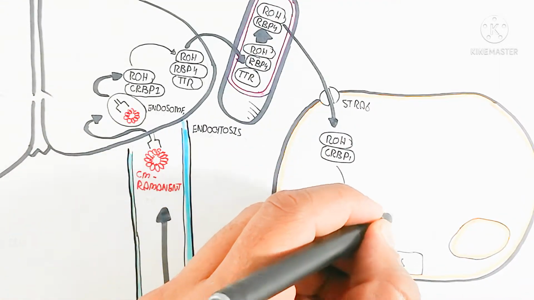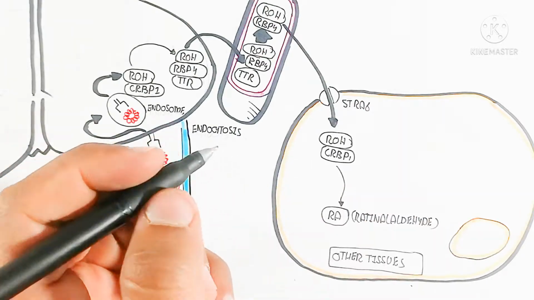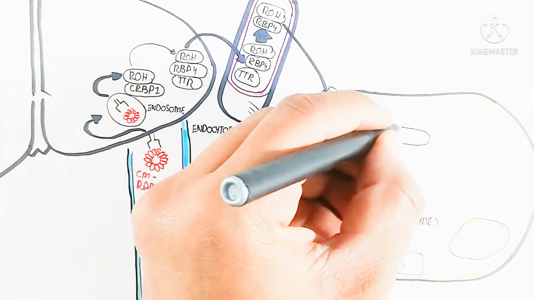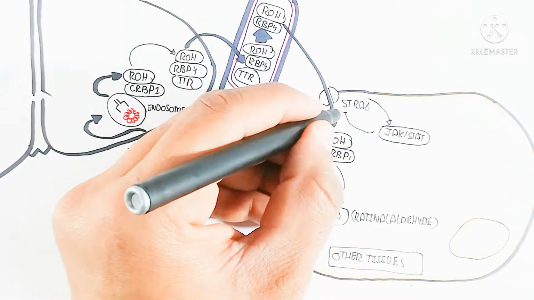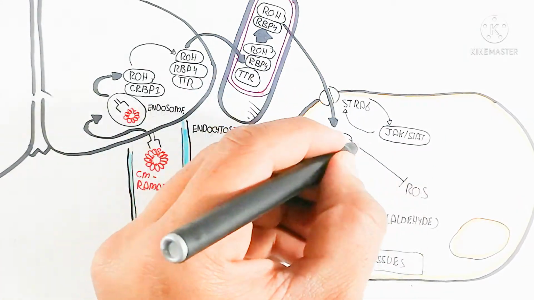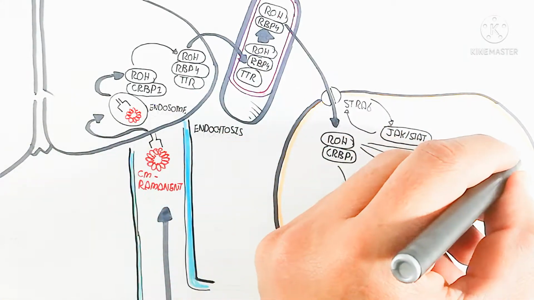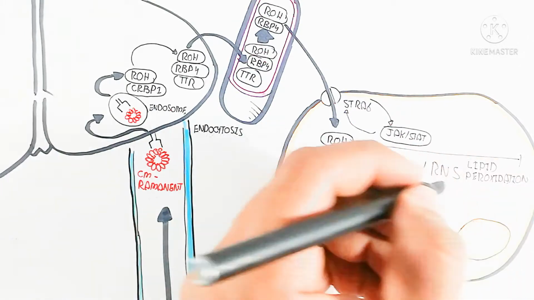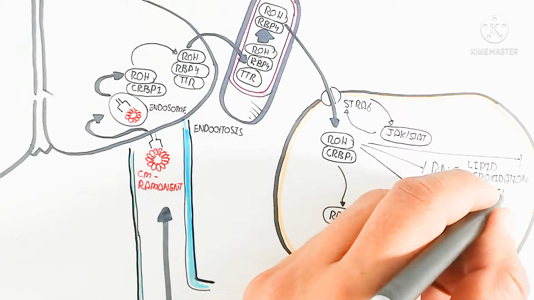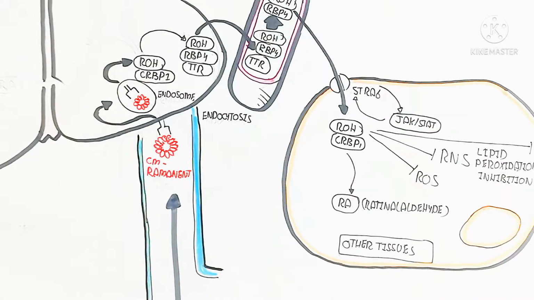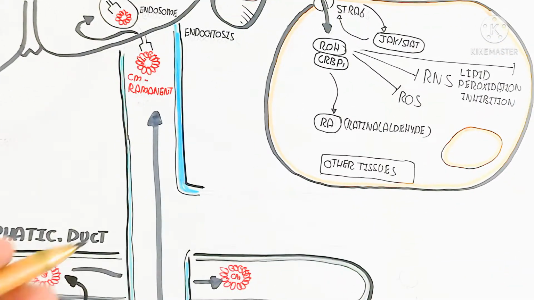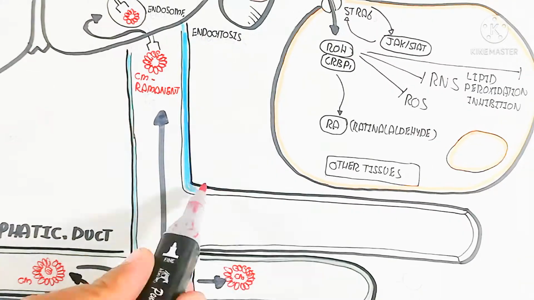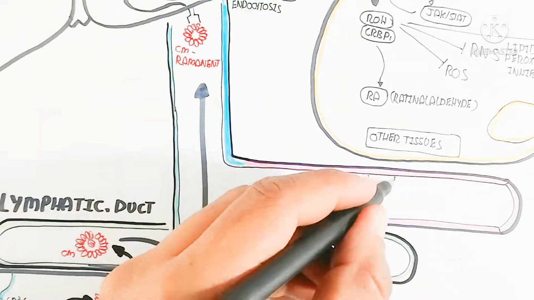After the entry through STRA6, retinol activates the JAK-STAT phosphorylation, to become a dephosphorylation and again phosphorylation. So that is the mechanism, and this is the function for the reactive nitrogen species and reactive oxygen species inhibition and clearance. On the other hand, the lipid